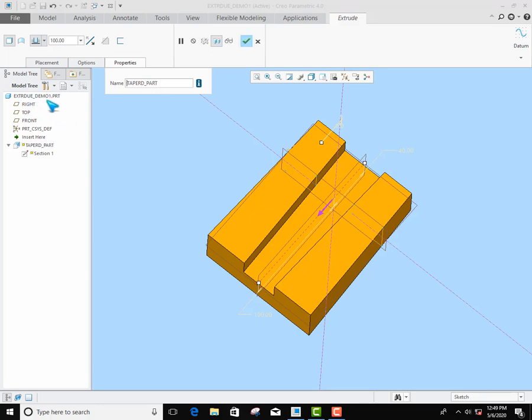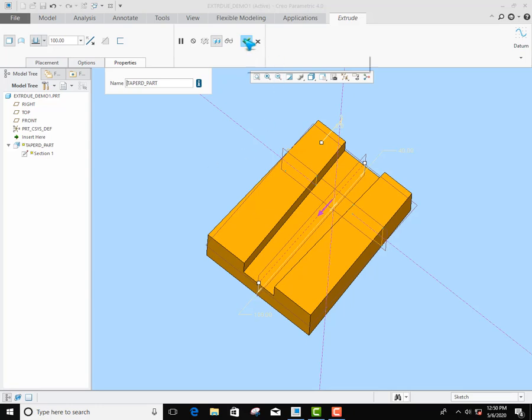Earlier it was only extrude, now you can rename it, or again change the name here with whatever particular feature name you want to give. This is very helpful when you have hundreds of parts together, to identify which feature belongs to which.